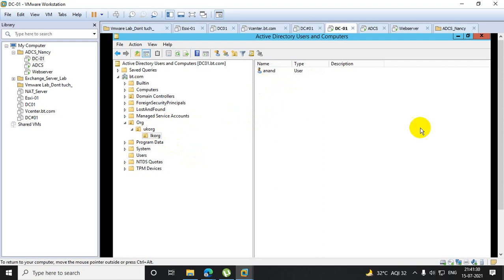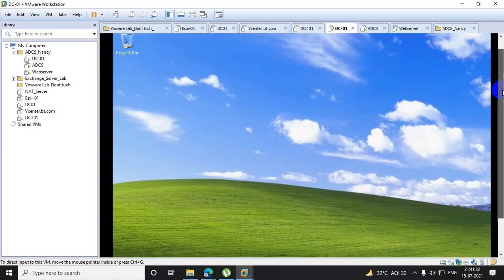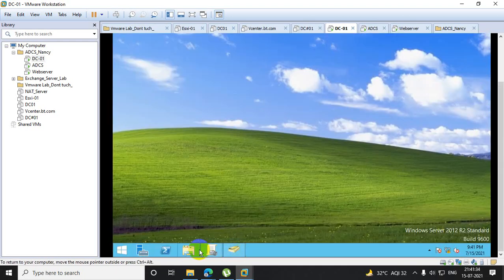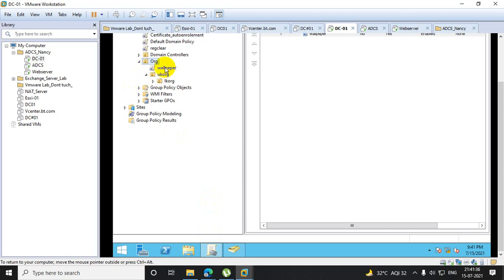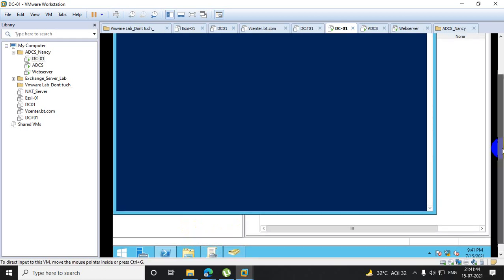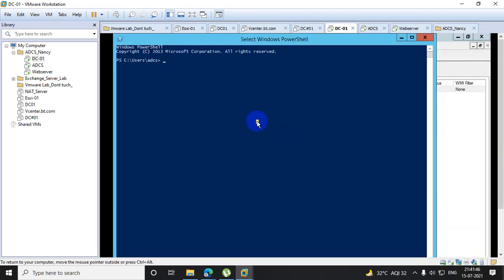So let's open the group policy. I have already applied the wallpaper policy on org OU. Now it will be inherited on UKORG and LKORG. So let's run the command gpupdate /force.